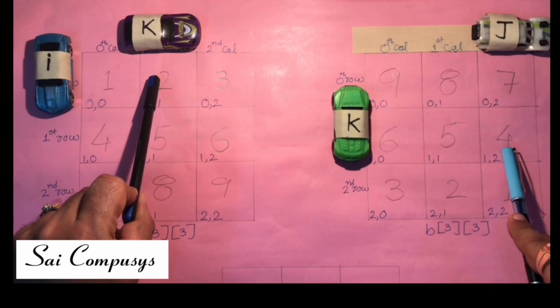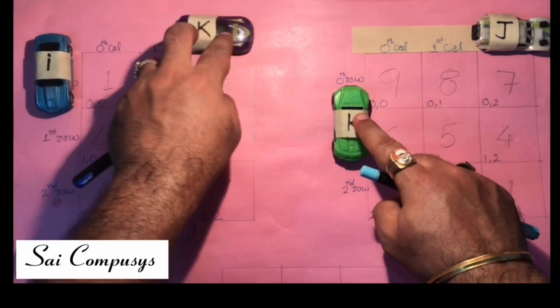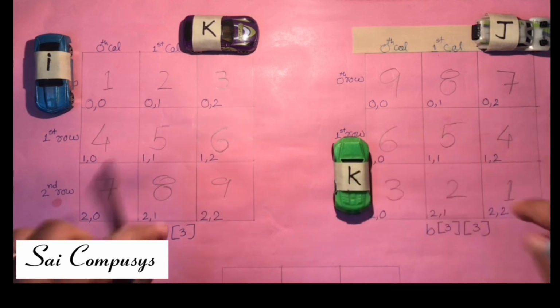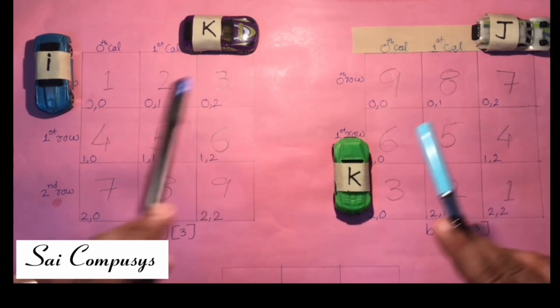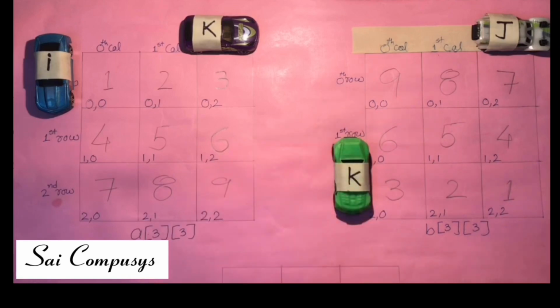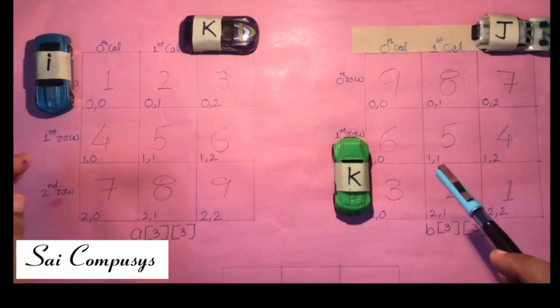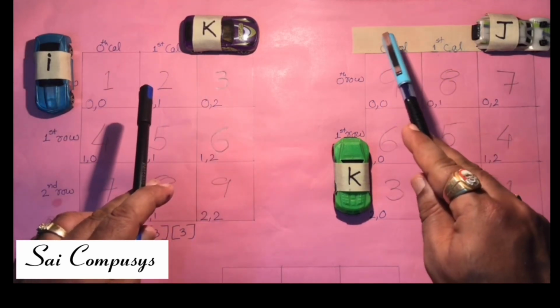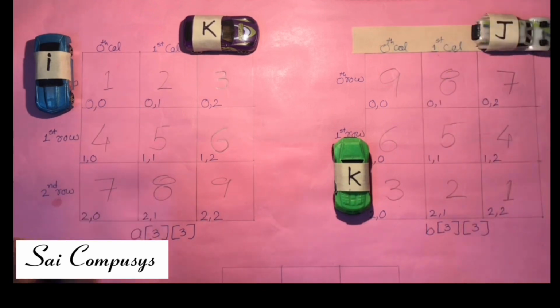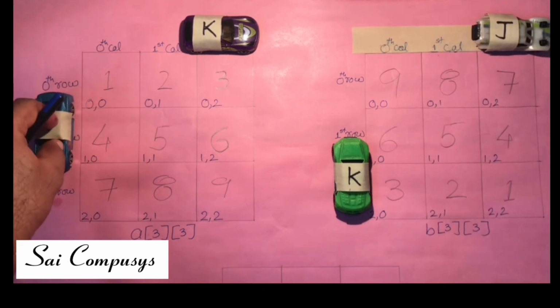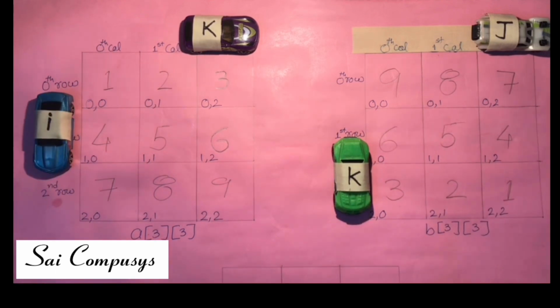A of ik into b of kj, move the value of k. A of ik into b of kj, I'll add it with the variable sum, and again you can see as k has been completely varied, we need to store the added value, that is the value of sum, on the ijth position of resultant matrix. Where is I? 0. Where is j? 2. So on 0, 2 I will be storing the resultant element.